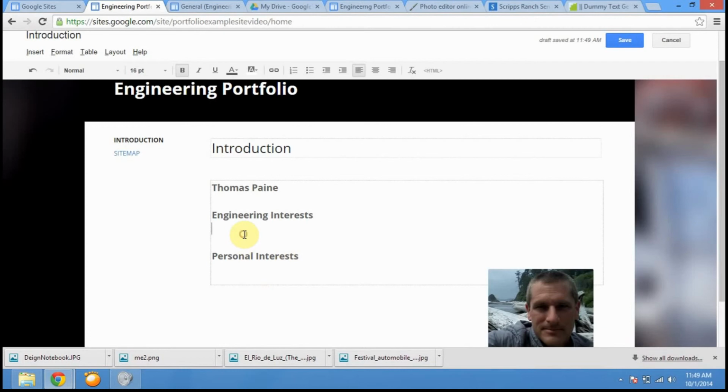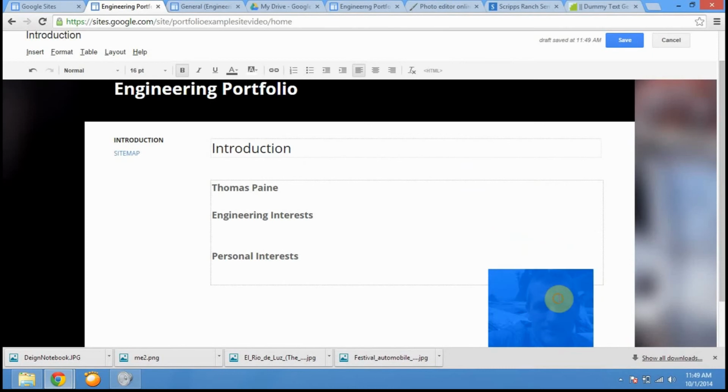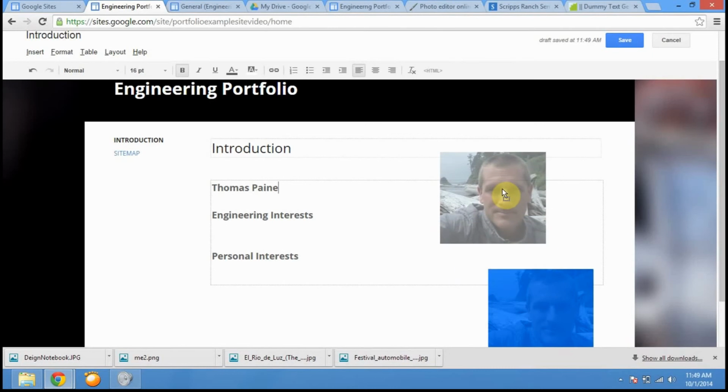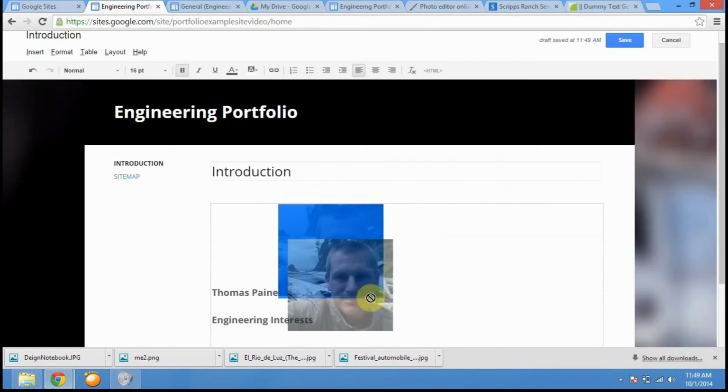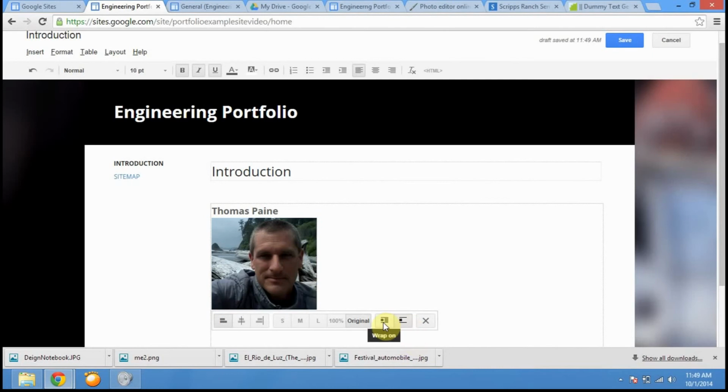If I have design stuff in my spare time, or I'm in a club or something like that, that's going to go in engineering interests. So you want to make a clear delineation between the two. Now notice that my picture has been pushed down here. So I want to go ahead and drag that back up. Notice where the cursor is landing. If I put it on this line here, I might have to